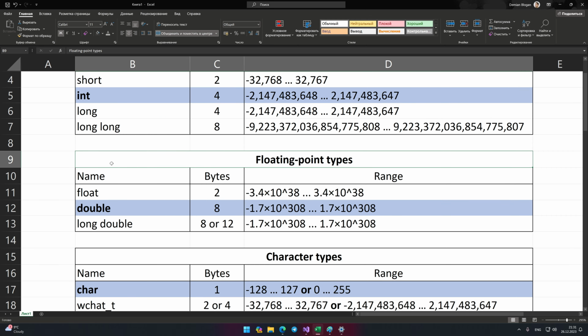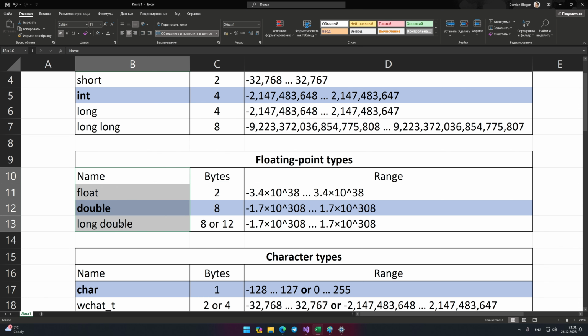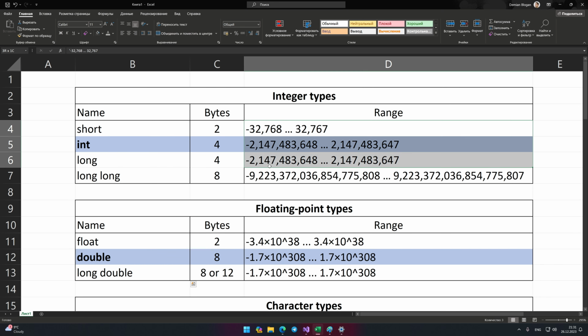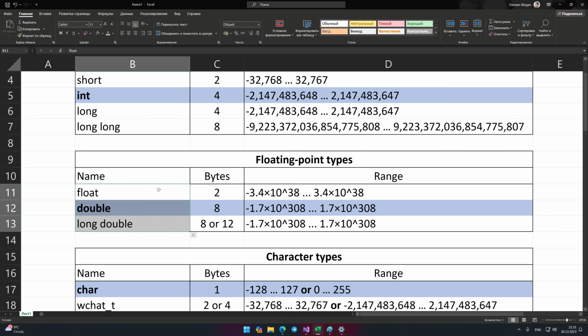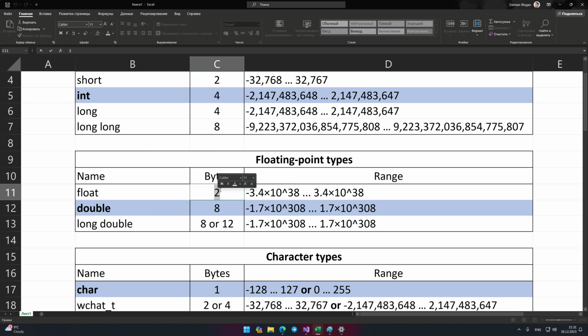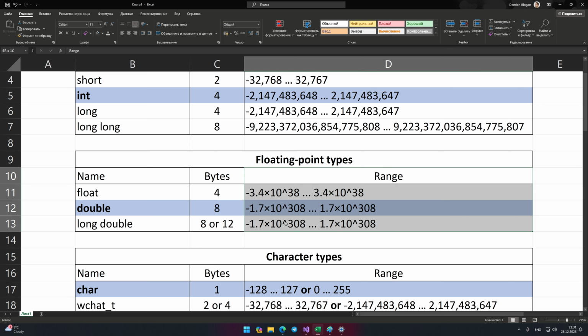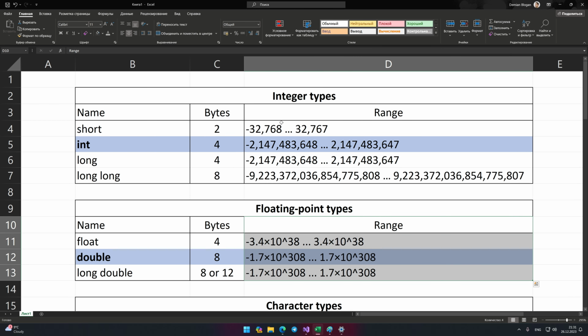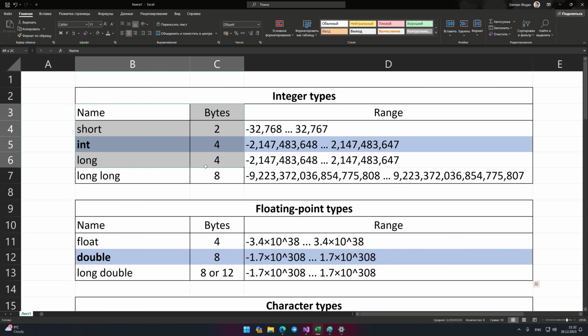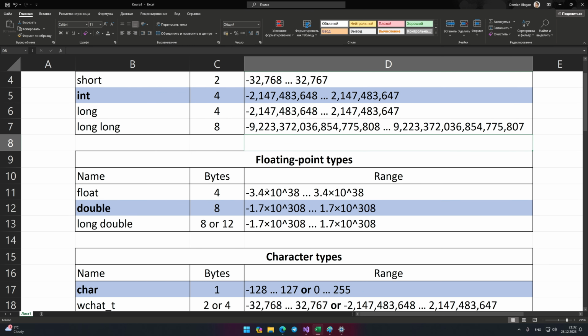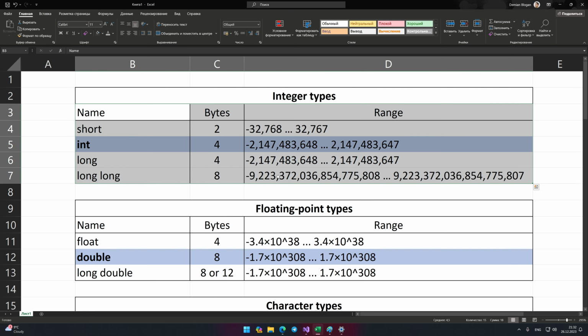There are fewer types here, but not by much. We can't store fractional values in integer types. For this, we need floating point data types. There are 3 of them: float, double, and long double. As you can see, the difference between them is also in the number of bytes and range of values. Accordingly, if you have little memory available, choose a smaller type. If you need a larger value, choose the bigger. Also, these data types can store integer values. Why then do we need integer data types at all? The point is that they are more efficient than floating point data types. The computer processes them faster, that's all. So if you want some data to store integer values, choose integer types, not floating point types.